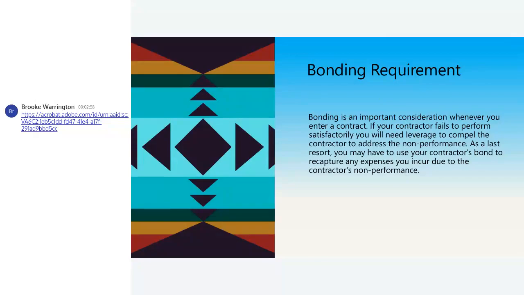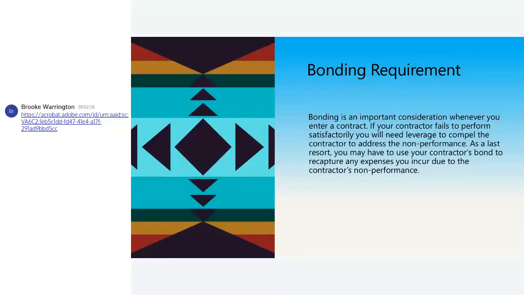If your contractor fails to perform, you need leverage to compel that contractor to address their non-performance. The other one is their retainage. Do not ever, because they will come in at the end of the job and say, or close to the end, we're almost done, can we have all of our retainage? And the answer is no. They will not come back at the time of your punch list. Always keep 10%. Maybe that was mean, but they always came back.